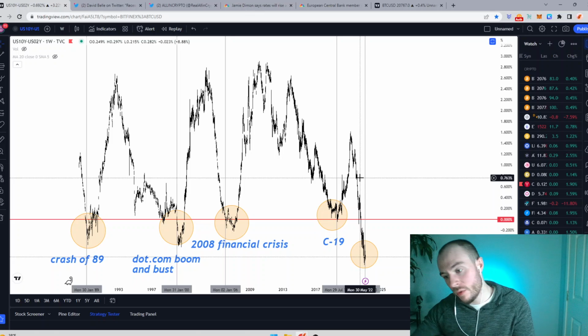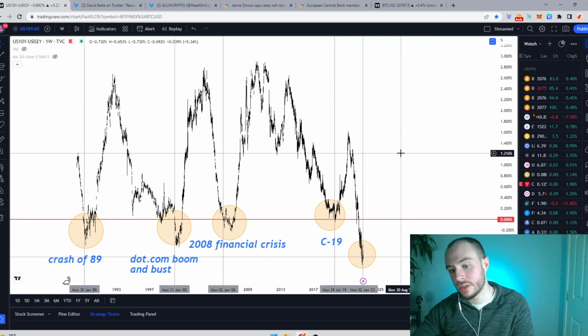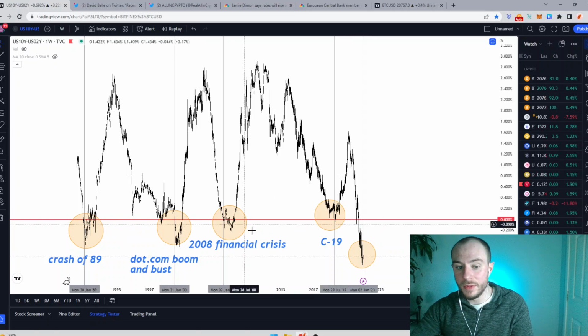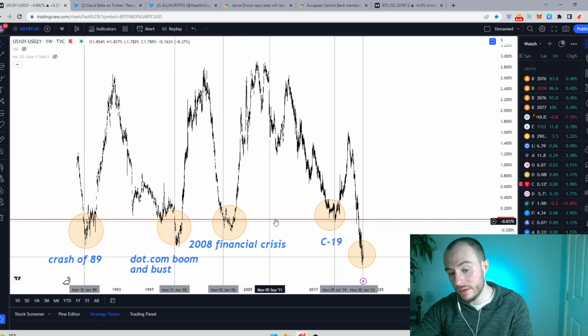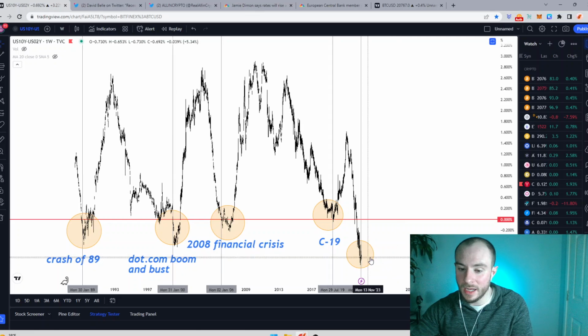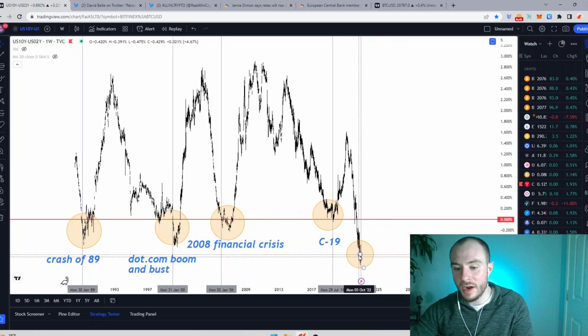Well, this is the yield curve. This is the main yield curve, the 10s and 2s for the US. It's government bond yield, so it's not the bonds, it's the yields. You have this inversion that preempts every single crash that follows. The last one that this tracked was the crash of 89, then the dot-com bust, the 2008 financial crisis, and then the current one. You can call it the Russia-Ukraine yield curve or the inflation yield curve, whatever you want. But essentially, this is still very inverted, and this is predicting a crash.